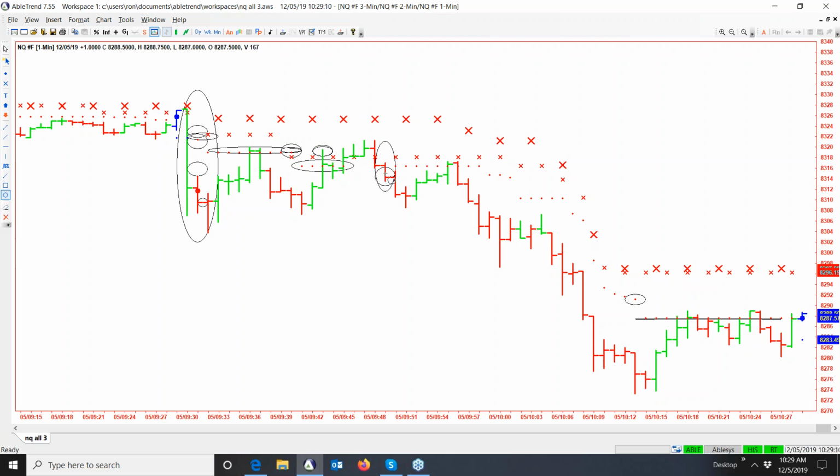But we're short here from 14. Our stop is at 92. Now, if this blue bar, this is cool that it's coming in right now. This is great that this is happening, because if this bar closes blue, that's a trend change. We exit our short. Now, we don't go long because of these red X's above. Obviously, as I mentioned before, we don't buy if this red X is above.